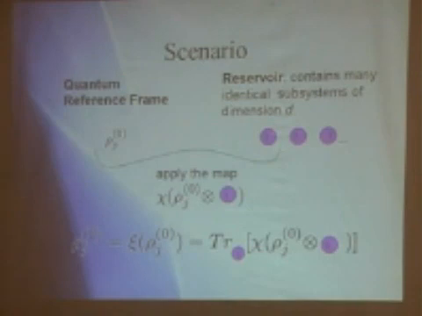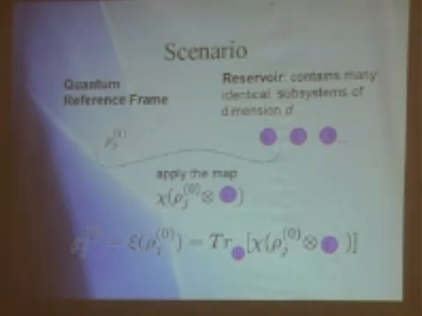Now, what we do is we take one of the subsystems of the reservoir, join it with the quantum reference frame, and apply some map chi. Chi is chosen the way you want with one restriction: it must be covariant with respect to SU(2). You apply that map. That map can represent your measurement, or any operation that you want to do. Maybe you want to implement some gate, some transformation on the reservoir system, and your chi just represents how this transformation is performed.